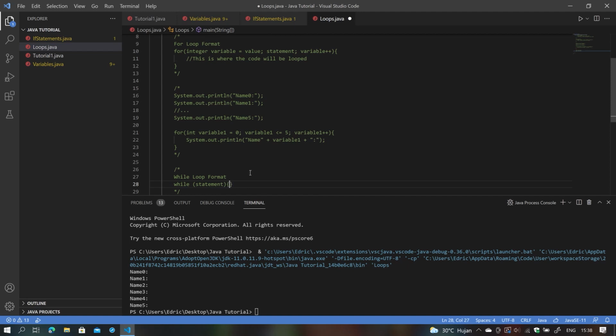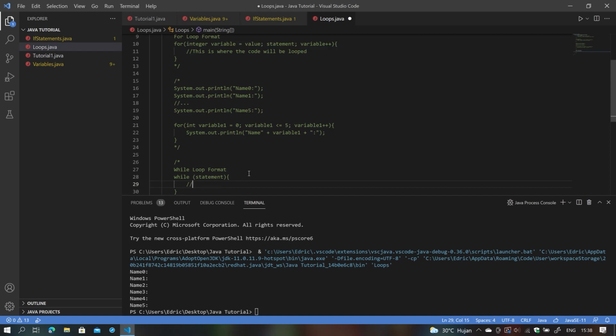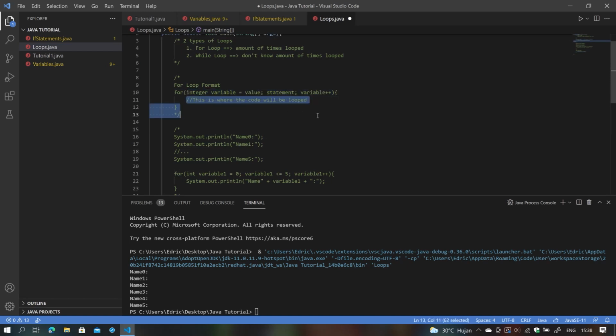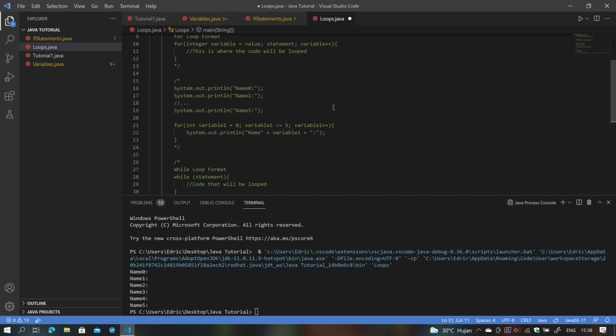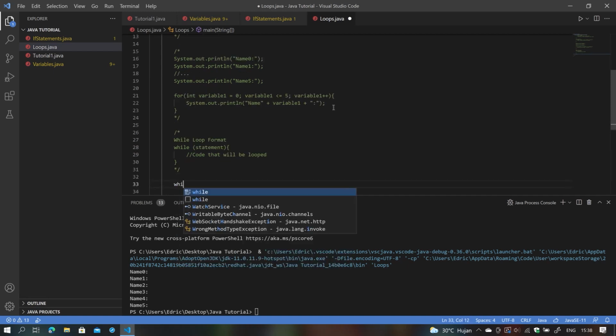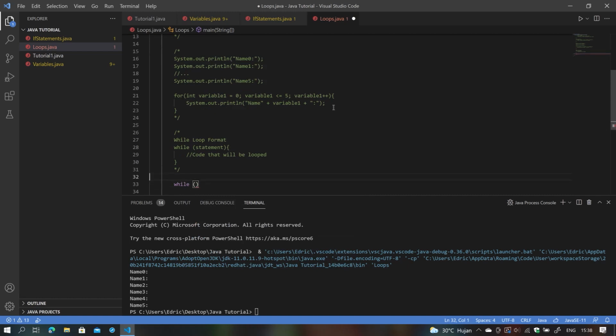And then after the statement, we have the curly brackets, enter, and we have our code that will be looped. So this is just like the for loop, where inside of the curly brackets we have the code that's going to be looped. And the while loop is much harder to use because if you were to type in a mistake like this here, so let's just say while, let's make a boolean because booleans are easiest to identify using a true or false statement. Boolean run is equals to true,